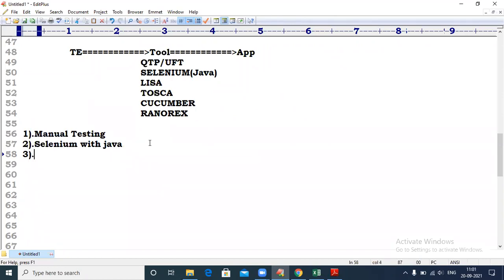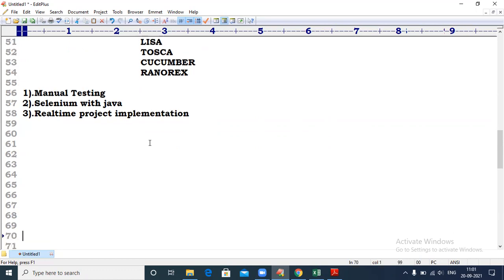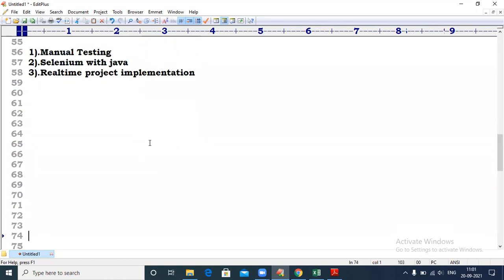Real-time project means, don't think that sir is telling an HMS project or a banking project like that. Real time means what things are going on there. Once you get the job, what is the process going on there?